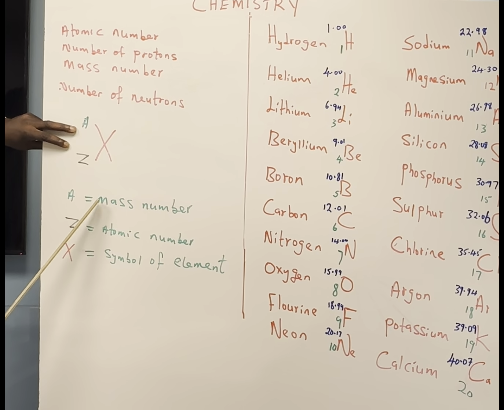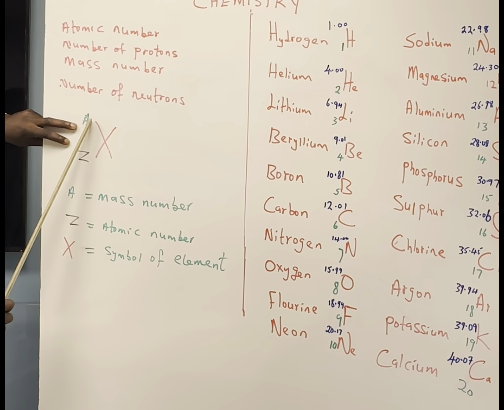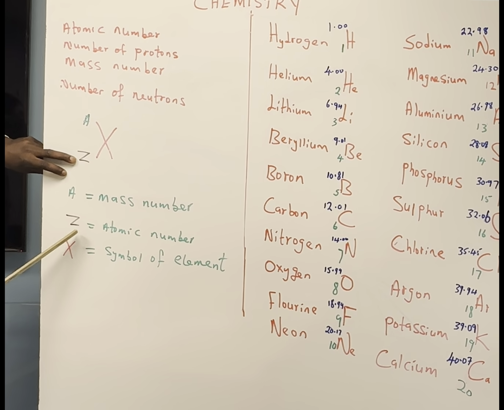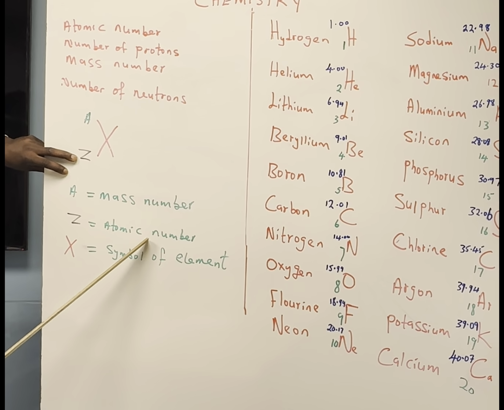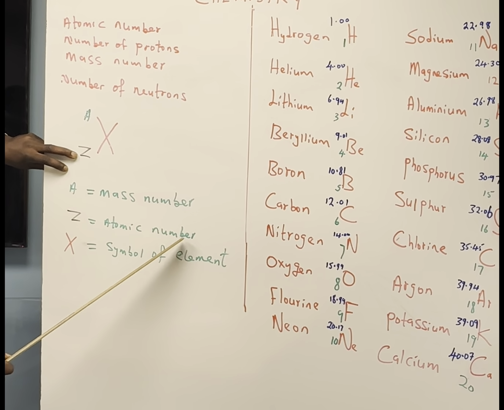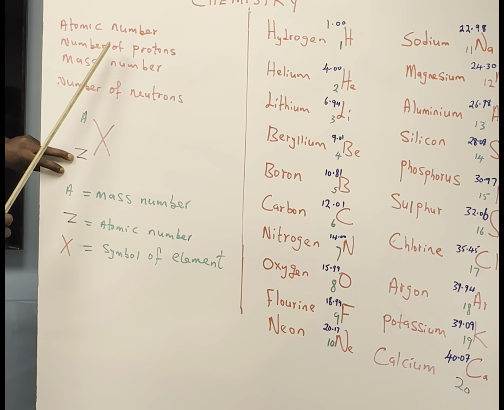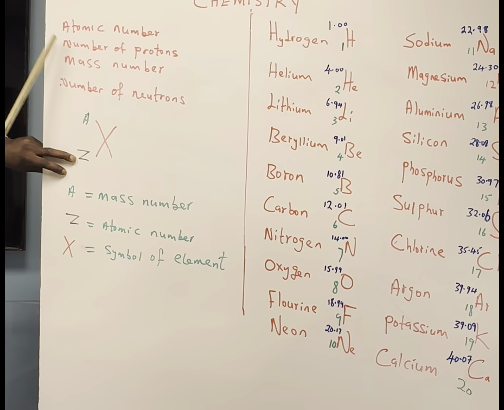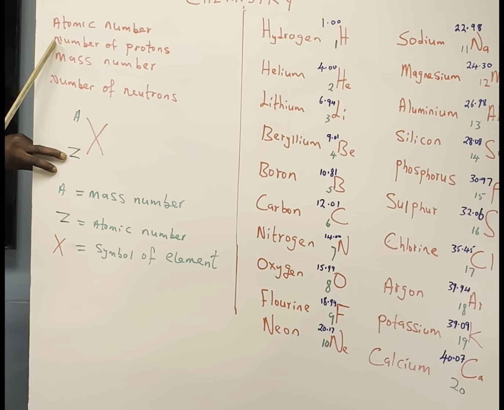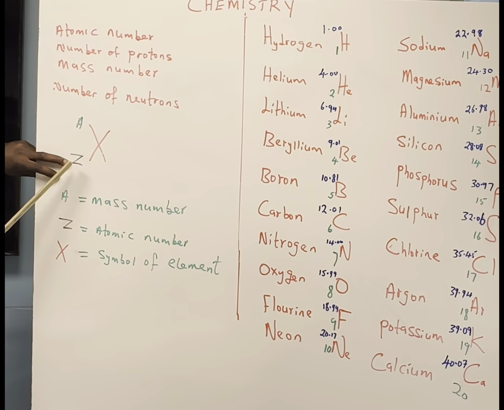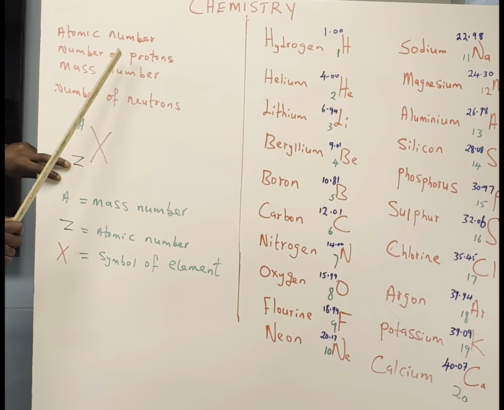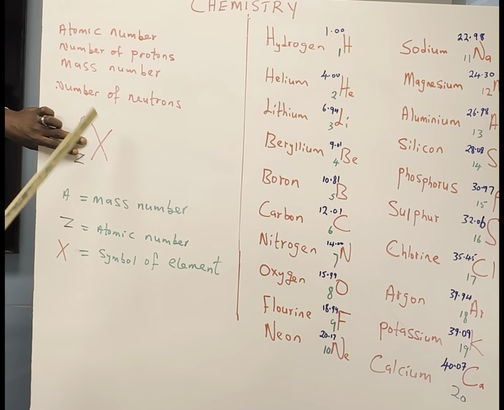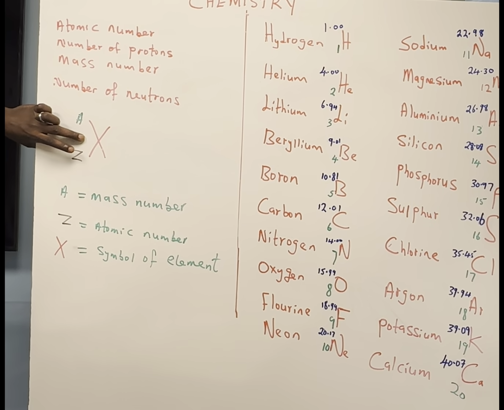Now, this Z here, which is down, stands for atomic number. You can call it atomic number or number of protons, because remember we said atomic number also means number of protons. So Z represents number of protons or atomic number,